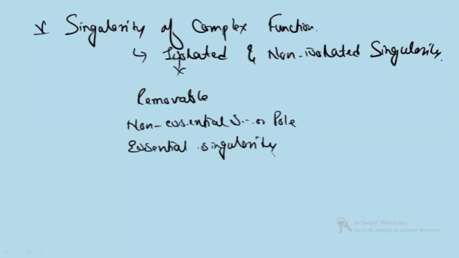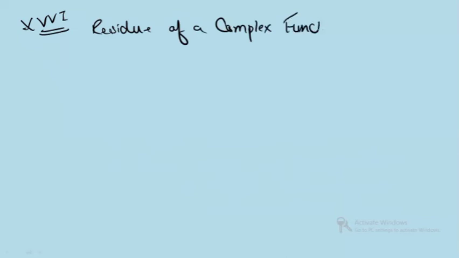Okay. After completing this, we will come to the very important topic for NET physics. Very, very important. That is the residue. All right. We will see how we can find the residue of a complex function. We will see different problems related to this, how we can find the residue of a simple pole, how we can find the residue of a pole whose order is n. All right. And also when z is equal to infinity. Clear? In this residue, we will see Cauchy's residue theorem as well.